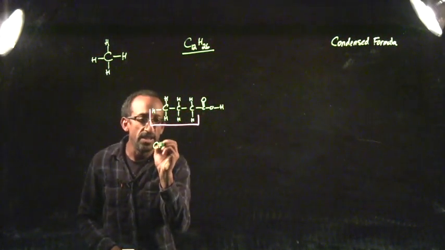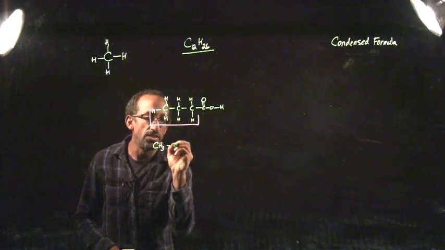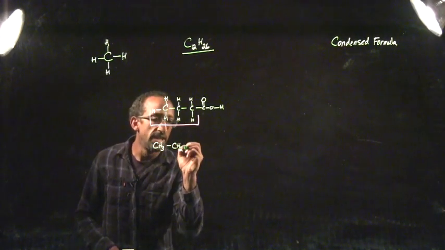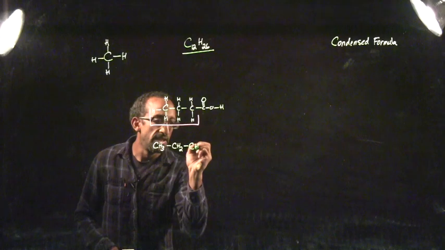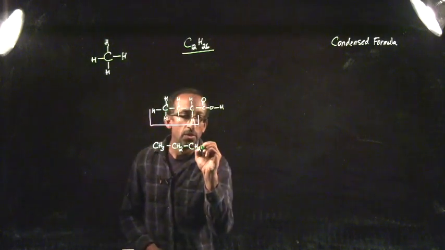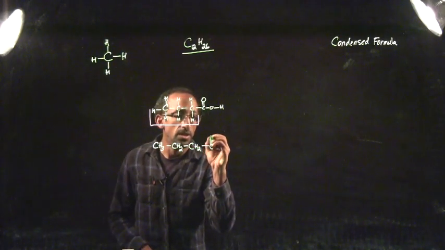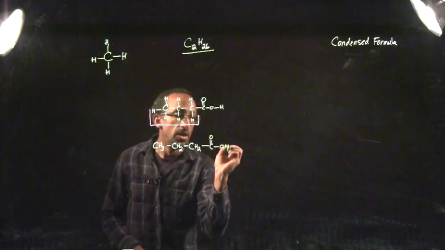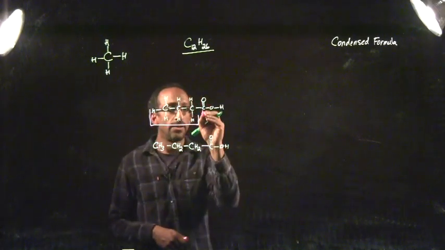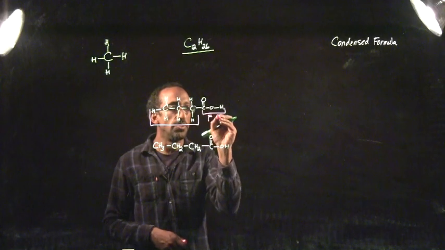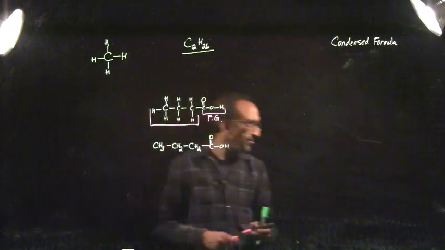So we have a CH3 group connected to a CH2 group connected to another CH2 group, which then is connected to our carboxylic acid, which is our